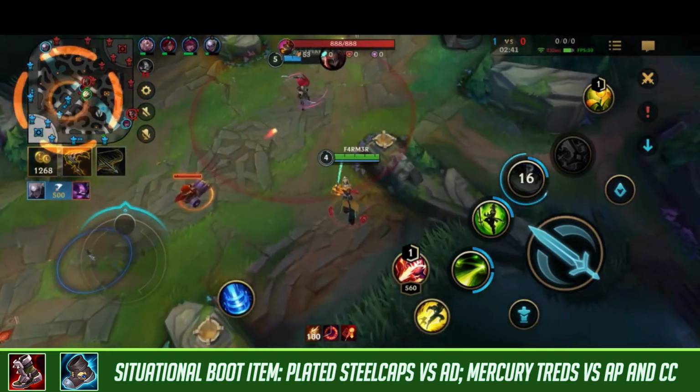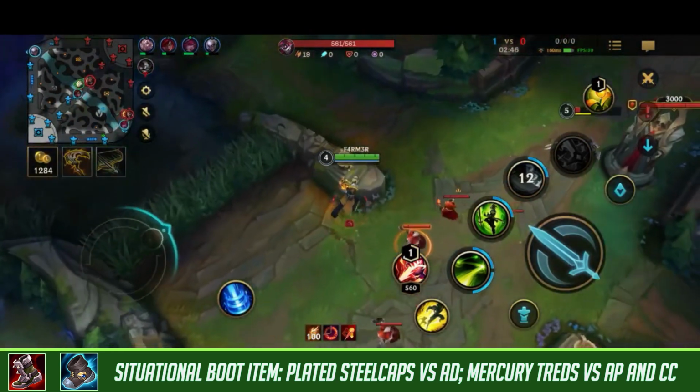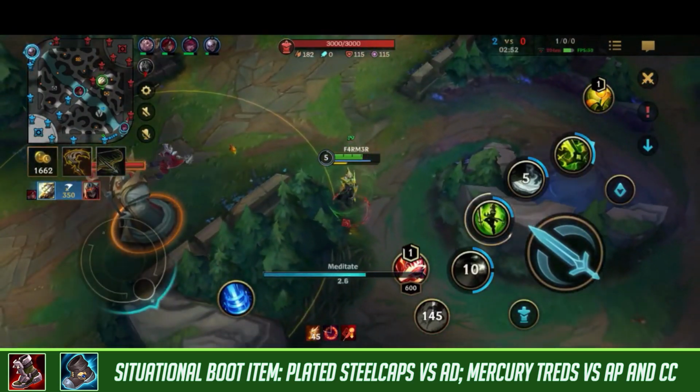However, if the enemy team comp is more AD, like attack damage, then you want to be taking Plated Steelcaps or Ninja Tabi. If you have no idea what AD or AP is and you want to learn, then